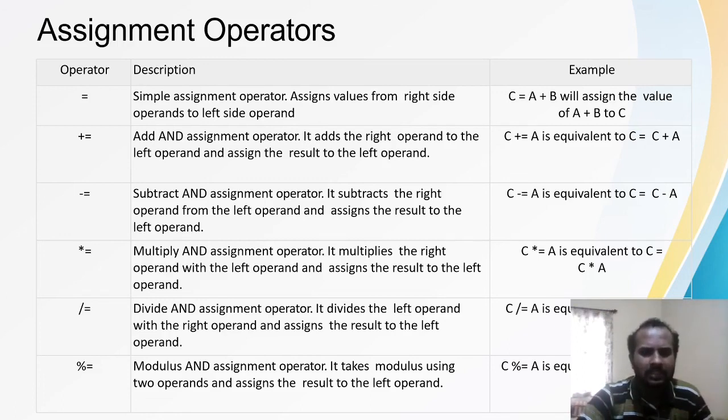So now what is the use? You are saving one character. Saving one character is your main use. When you save one character, that means you are saving one space. When you are saving one space, that means you are saving execution time. So in less time it will be executed.